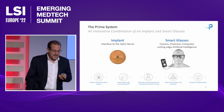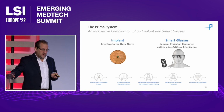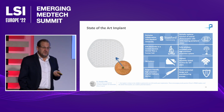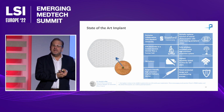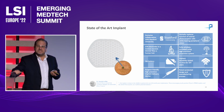That's the Prima implant, and it communicates with wearables or accessories that the patient has to wear. I'm going to talk a little bit in more detail about each of the components. The implant itself, as you can see in the zoomed-in version, is 2 by 2 millimeters. It has 378 independent functioning electrodes. It was developed at Stanford University, and the company today, Pixium, owns all the rights for all indications and geographies